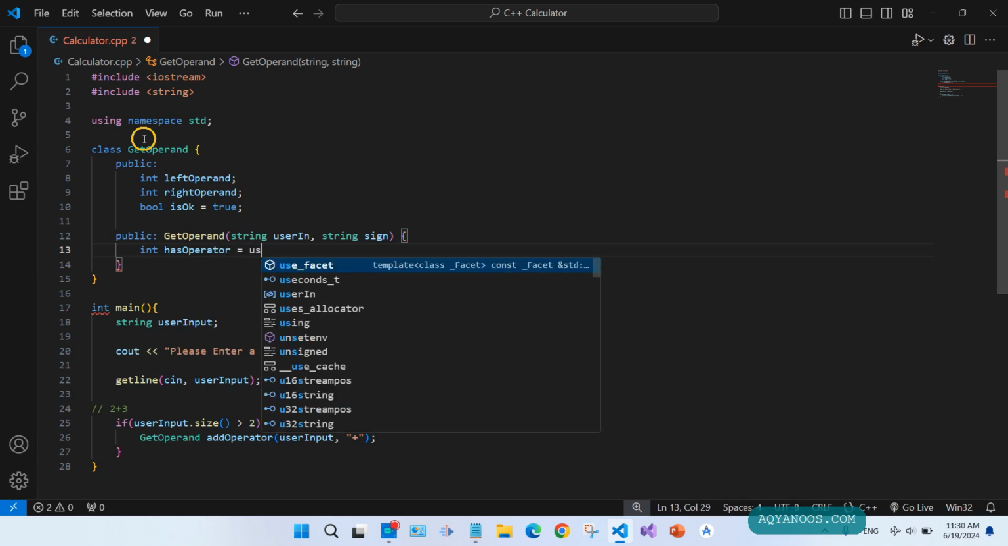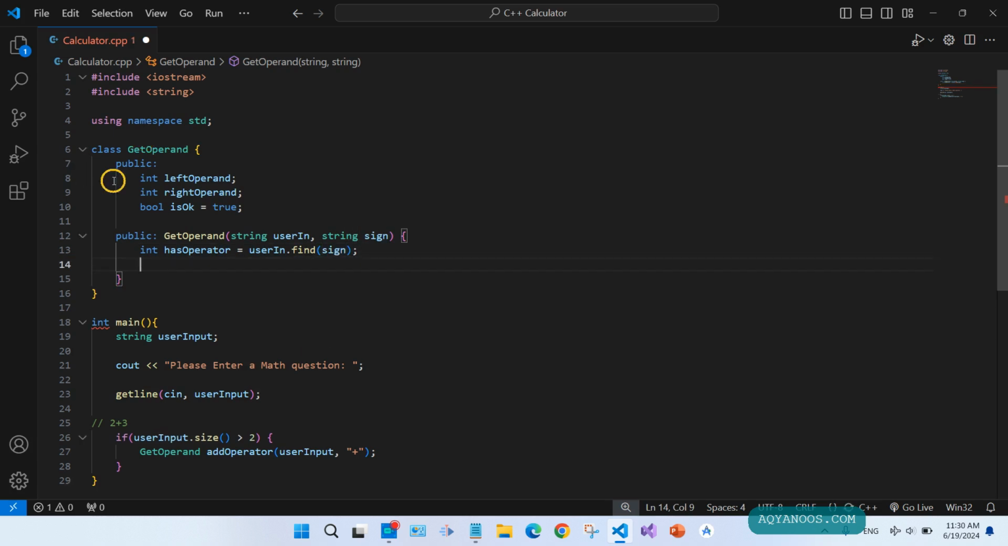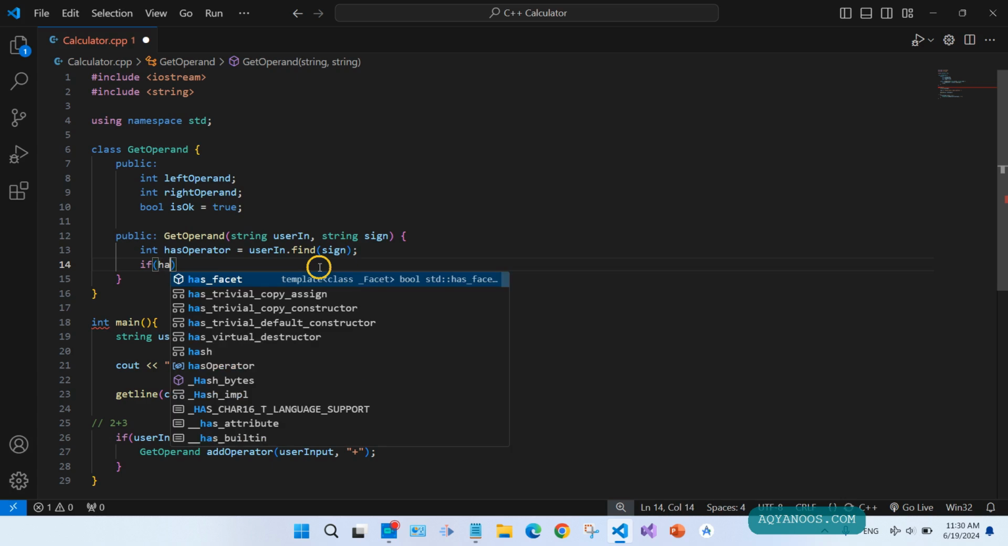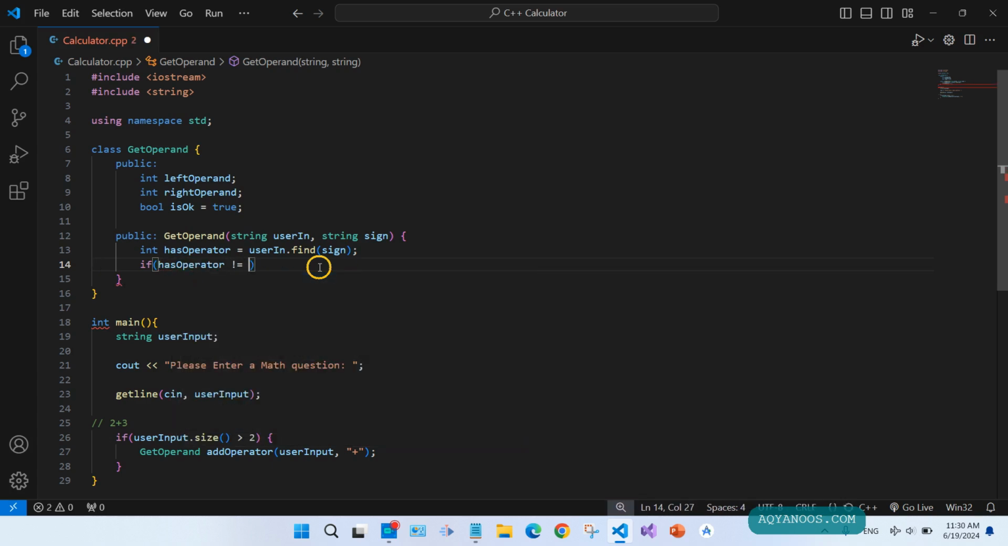From the user input we check if it contains the sign or not. Find the sign. So the find method returns the index of this character. If it finds, it returns 0 or greater than 0. Otherwise it returns -1. So if has operator is not -1,